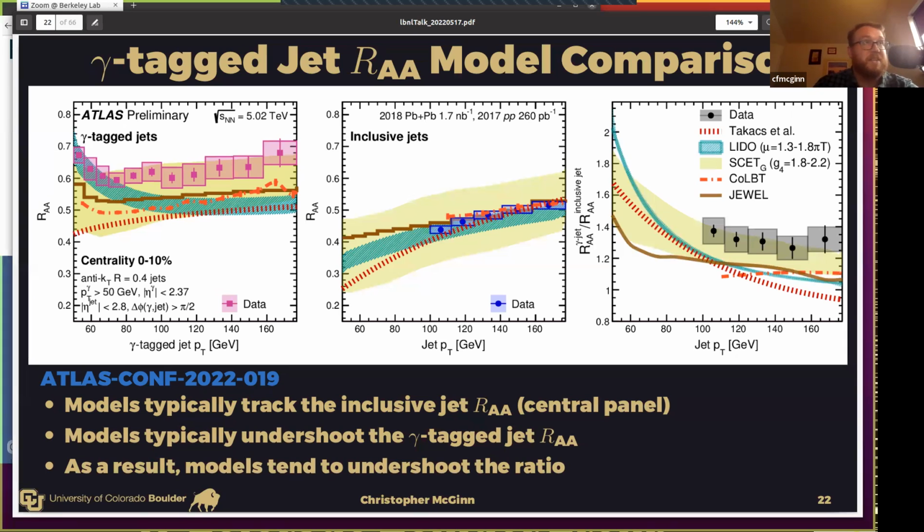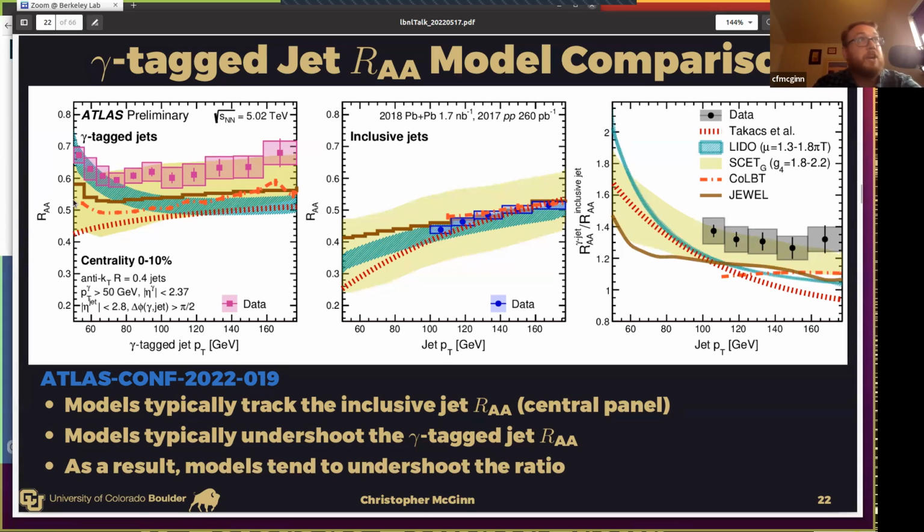I don't think that's surprising. Inclusive jets have been out for a while, and models have been compared to inclusive RAA for a very long time. So if there were any internal knobs that could be turned there to get the data right, it would have happened already. However, assuming that the inclusive jet knobs are fixed, we can then look at the gamma tag jets, and